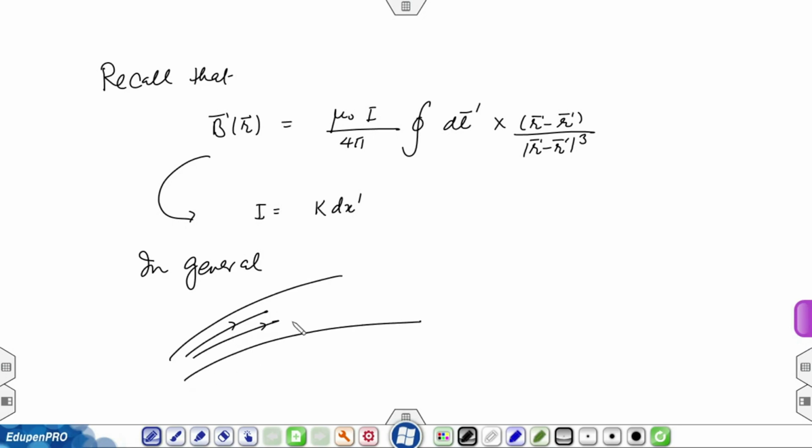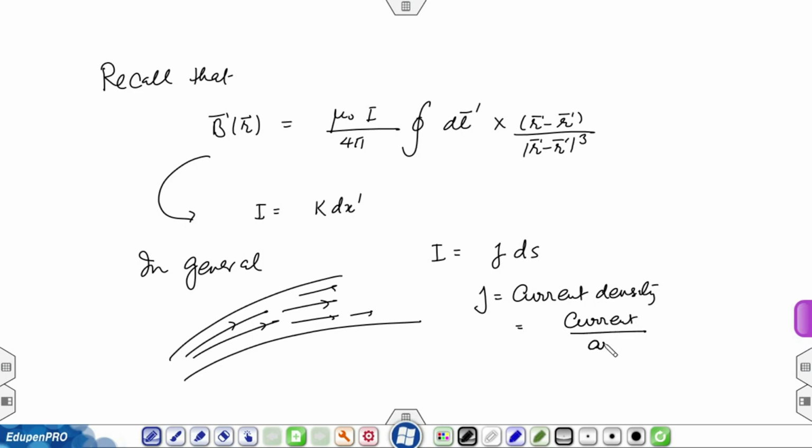So, the current will be all over the place as a 3-dimensional wire. Then I can write I as some J ds, where ds is in the direction of J. J is defined as the current density,